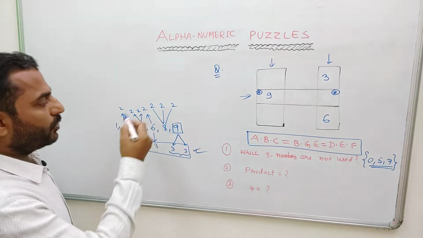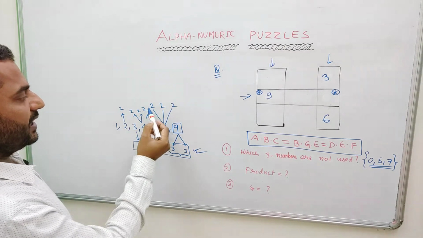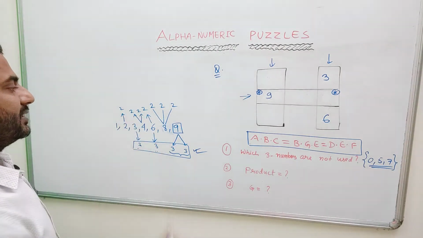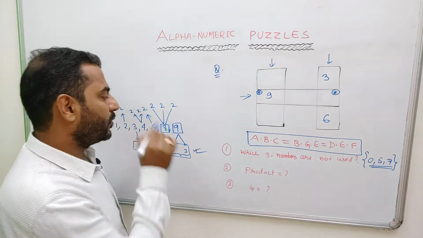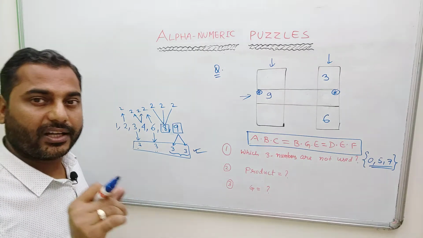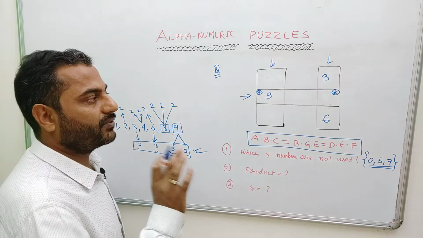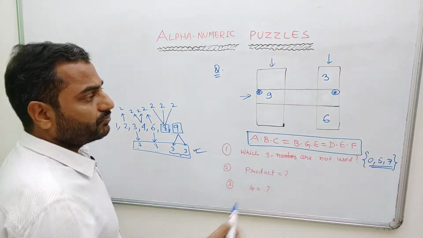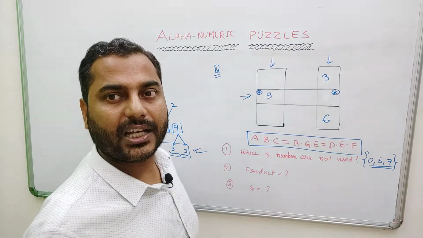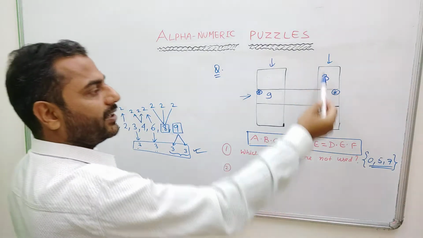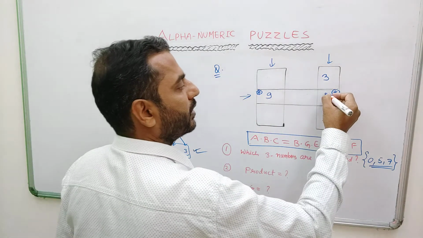Right. Now again, let me focus on the distribution of 2s. So I have many 2s. To be precise, 3 plus 3, 6 plus 1, 7 2s. Every row and every column, at least 1 8 is going to be part of this. It means every row and every column should have 3 times 2s. 3 times 2s should definitely be there, right? It means 1 time 2 is already there in this column. In this 6, we already have 1 2. It means to make it 3 times 2s, we have to put 4 here. We have to put 4 at this point.